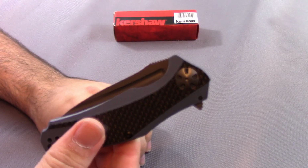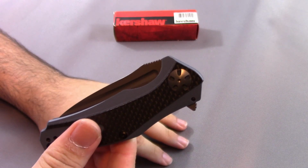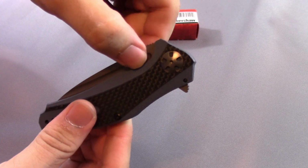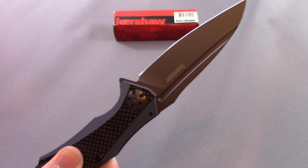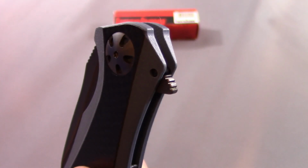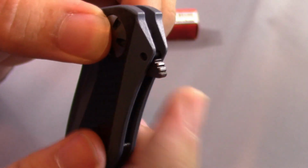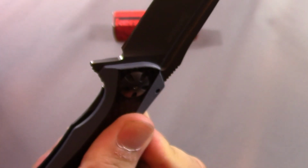If you're an old school gentleman and refuse to use a flipper for whatever reason and want to open the knife with 2 hands, there is what you could almost consider to be a thumb groove running the length of the blade that will allow your thumb some purchase to open it two-handed, if that's how you choose to open your knife. However, the primary method in which you should be deploying this knife is with the provided flipper. There is even a generous amount of jimping there to provide good purchase for your finger and allow that easy